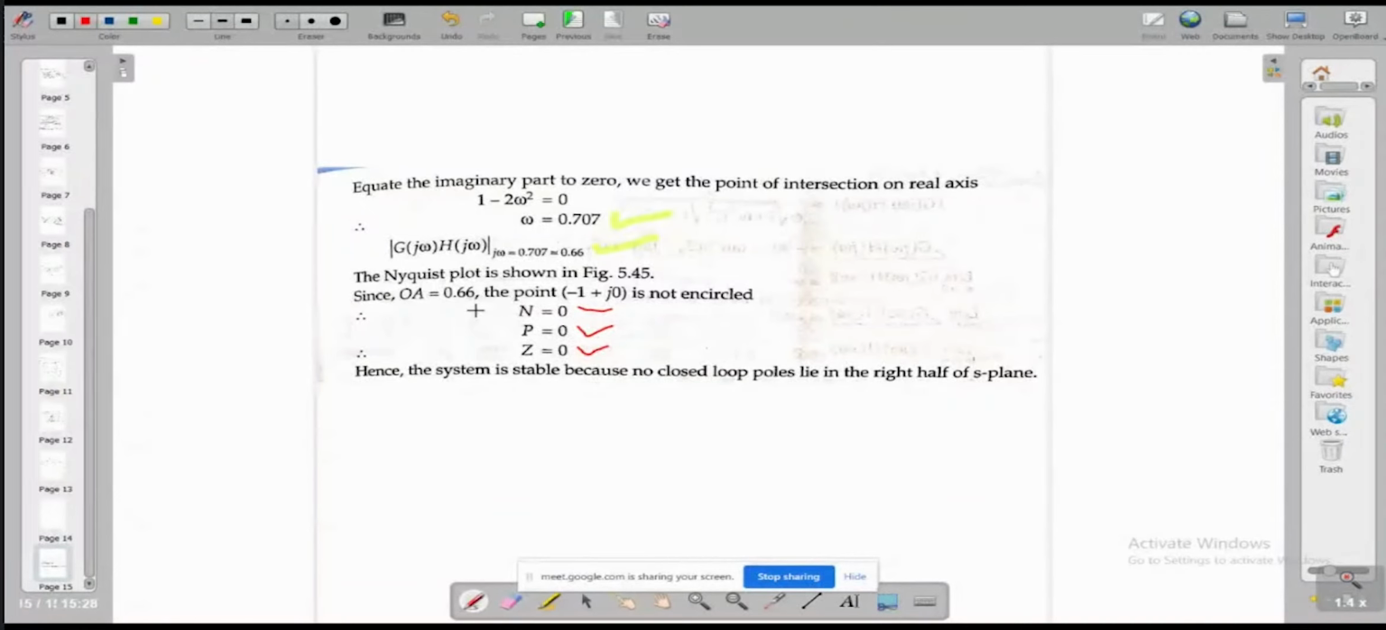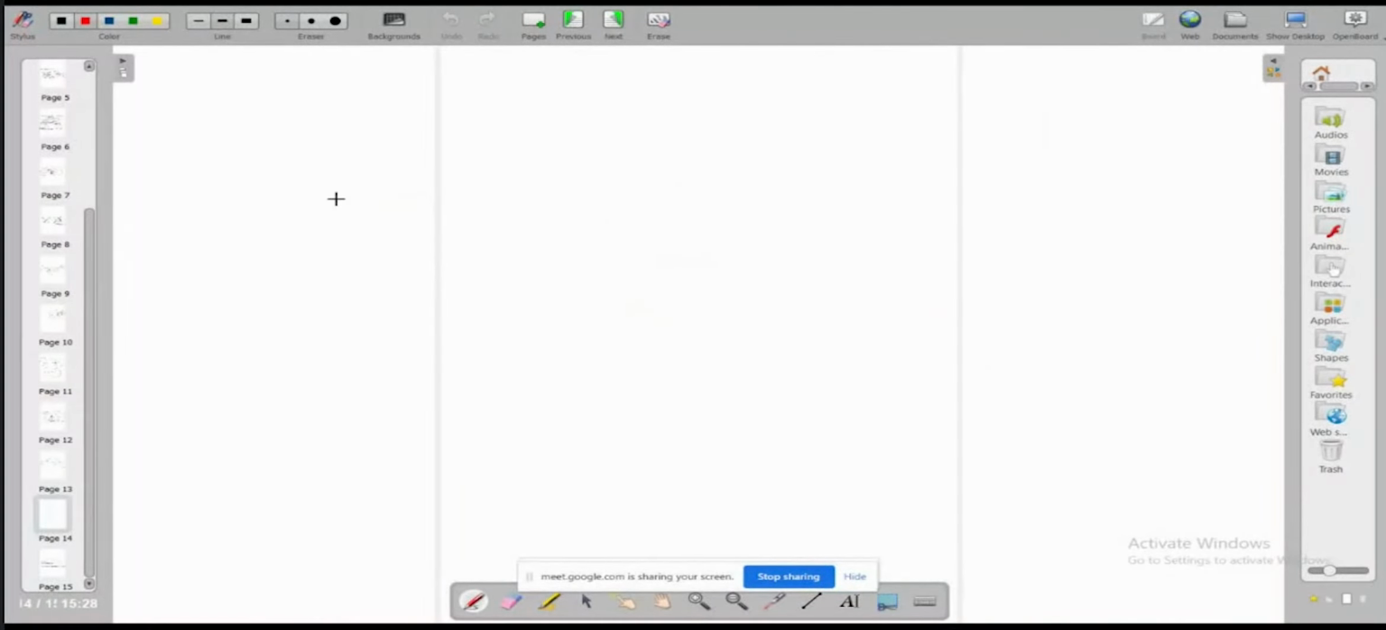So the 0.66 point lies inside the unit circle. So no pole will lie in the right hand side of the S-plane. Hence the system is said to be stable. If I give you another example, you can write down 10 divided by